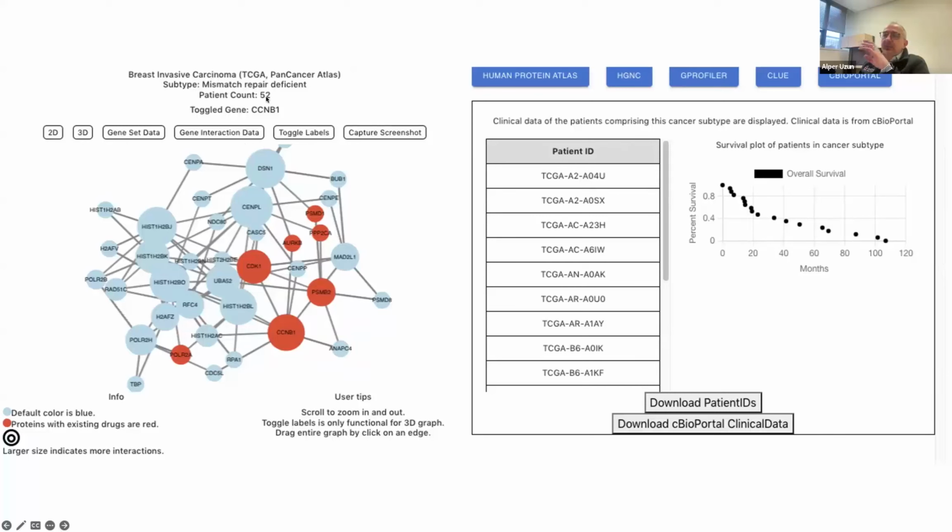These 52 patients are coming from cBioPortal data. And you can download this patient data. You can download the patient clinical data only specific to these patients. And then you can ask the question that I was showing about the glioblastoma: what is the phenotype behind those patients, why did those patients come together for this network? This is the network, but what about their clinical data? You can visualize all this information.